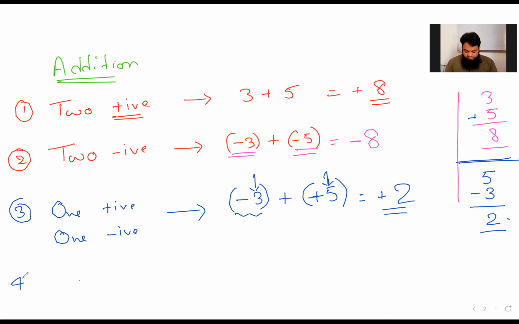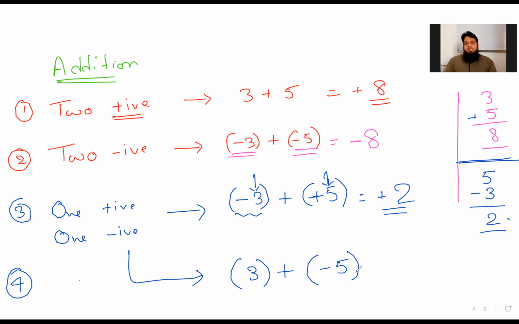In the same way, let us do it in another example. Now take -3 plus +5... See students, here you are adding one negative and one positive. Now in the same way, as I said, find the difference. When you found the difference, 5 minus 3 is 2. So the answer will be 2.